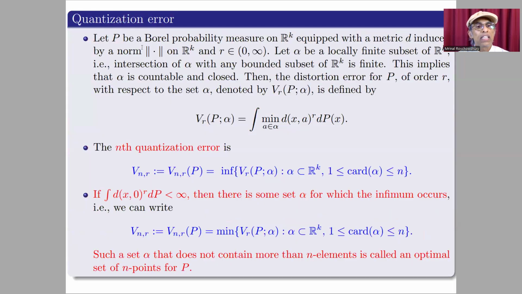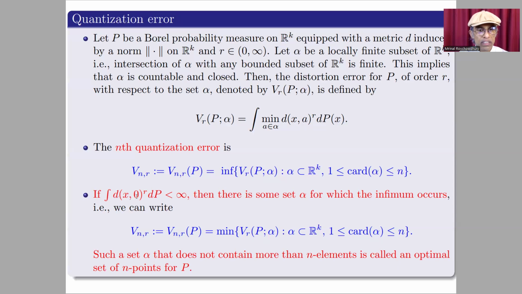What is quantization error? Let P be a Borel probability measure on R^k, equipped with a metric d induced by a norm on R^k, and r is a positive real number. Let alpha be a locally finite subset of R^k. That means the intersection of alpha with any bounded subset of R^k is finite. This implies that alpha is countable and closed. Then the distortion error for P of order r with respect to the set alpha, denoted by V_r(P, alpha), is defined by this formula. The nth quantization error is the infimum of all these kinds of error,